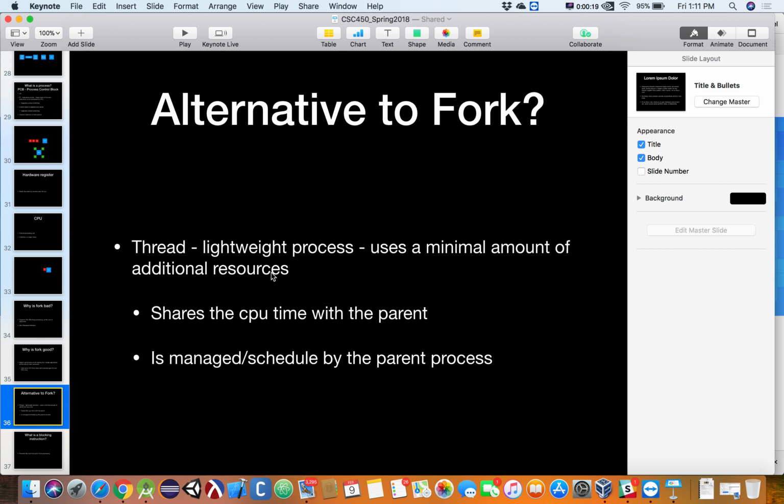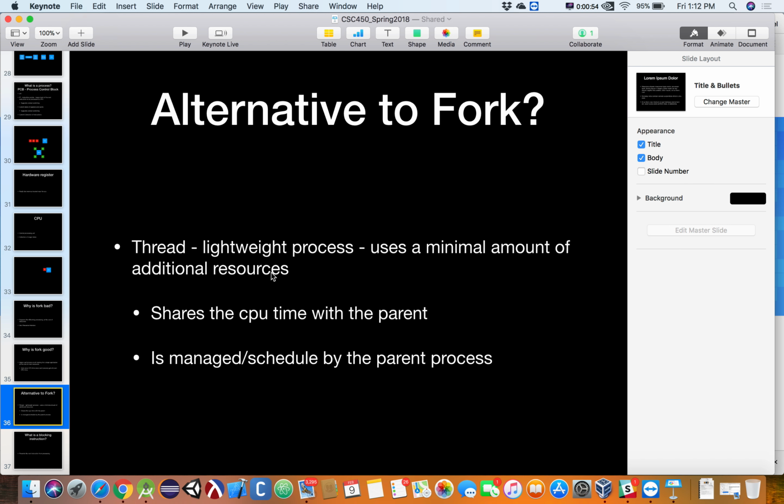So what's the difference between a process and a thread? A thread is governed by the process that's loaded on the CPU. Ultimately, it means its CPU time is shared with the parent. So if a parent process spawns off 3 threads, now you have 4 threads. The parent was a thread, and then 3 child threads. Those 4 are sharing the single amount of allotted time that that process was getting on the CPU, as opposed